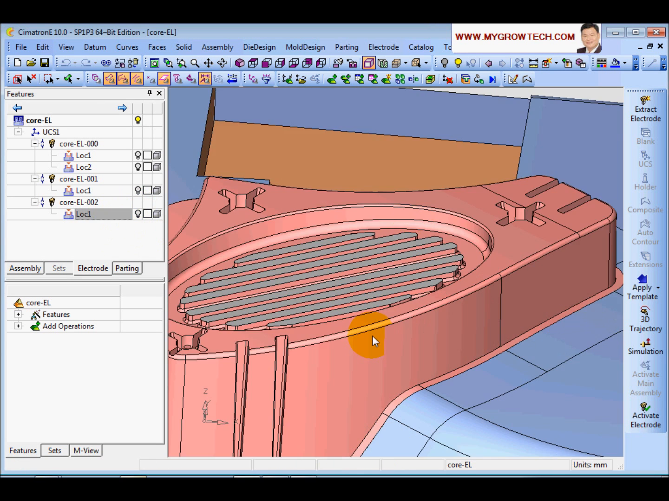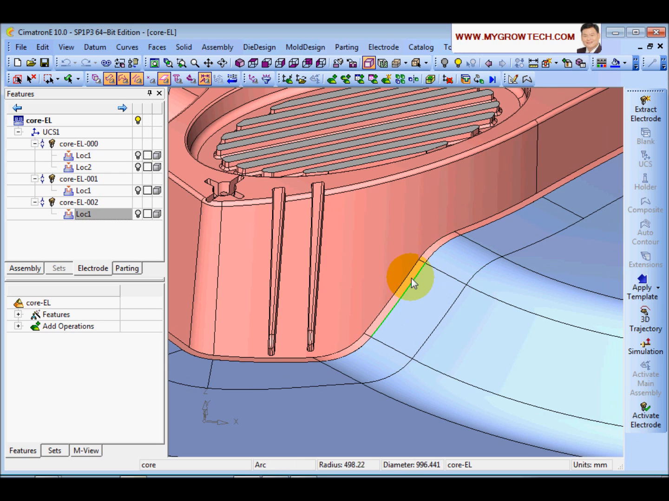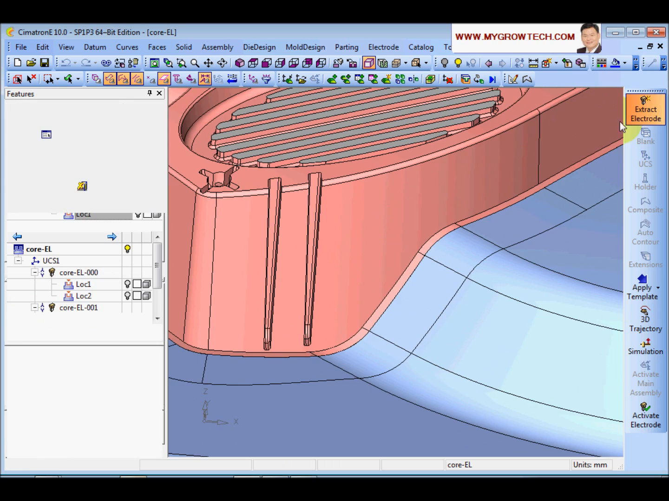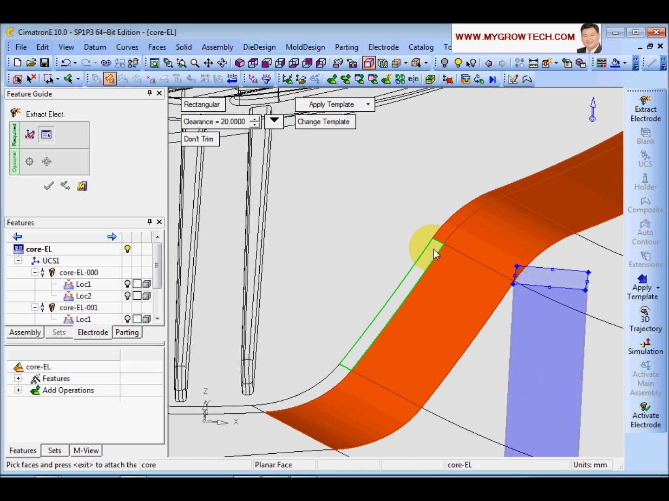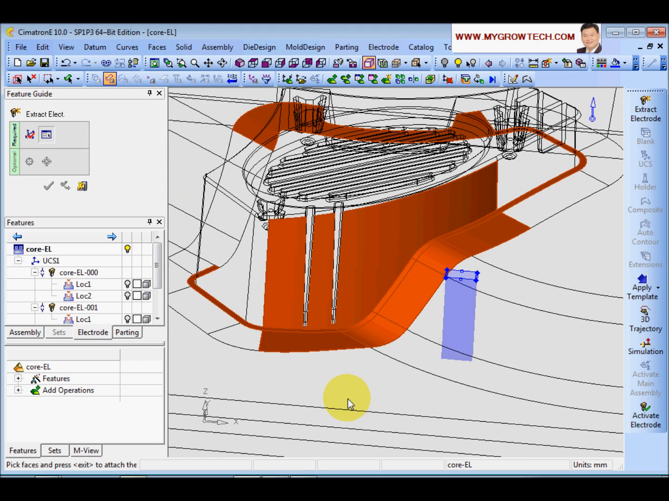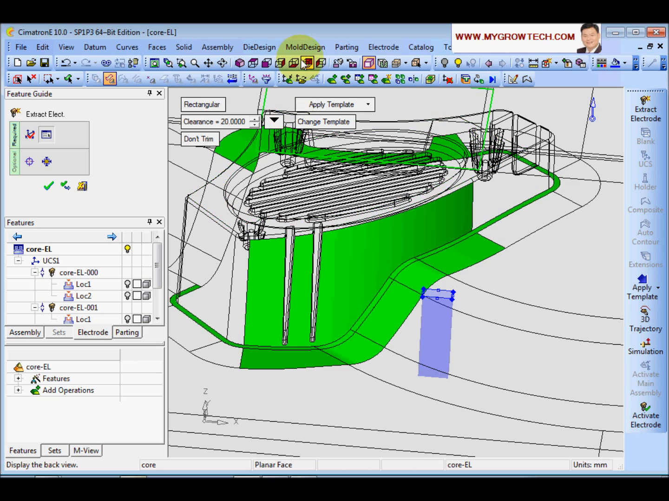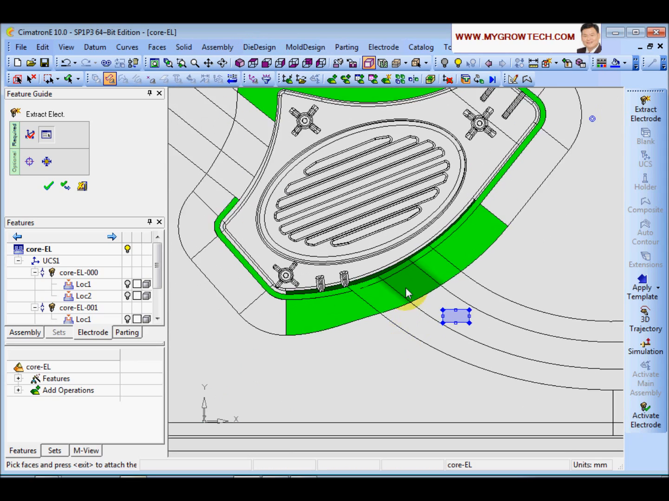Next, I'm going to create one electrode over here at this corner here, the area that the milling cutter cannot cut. Extract electrode. Just temporarily place the blank over here, and I will manually select these related faces that I'm going to use to create this electrode. Let's go to top,